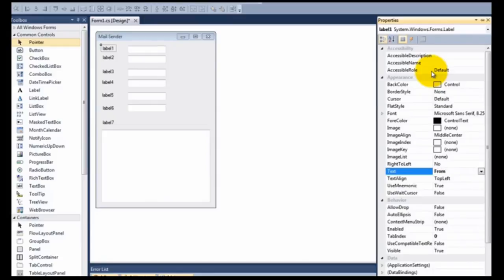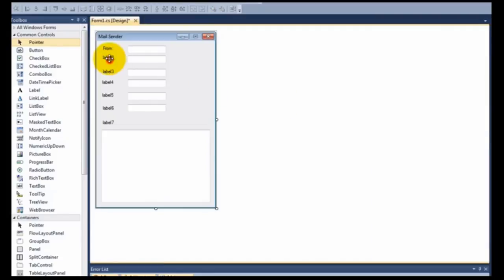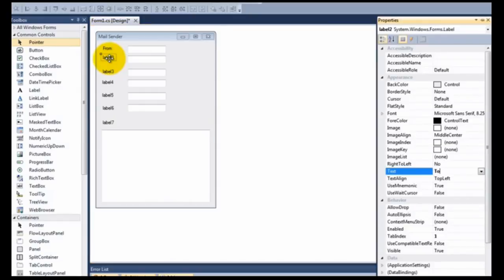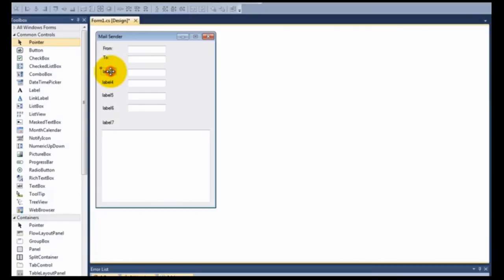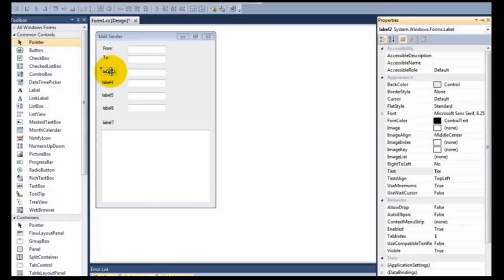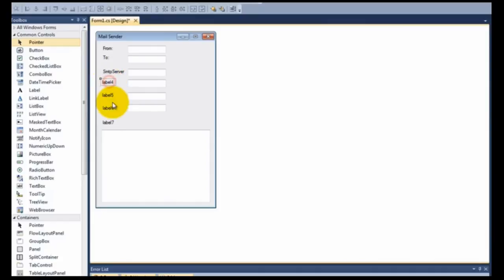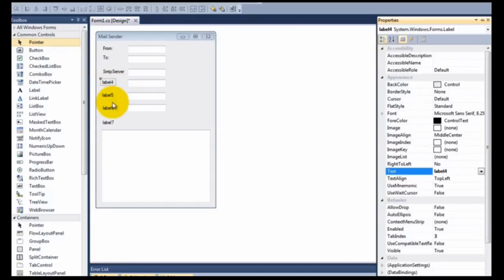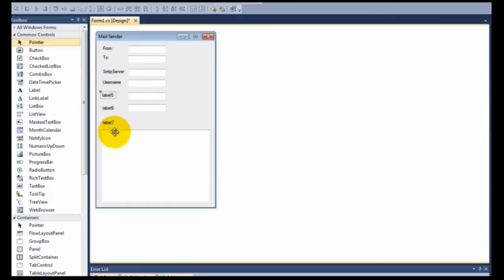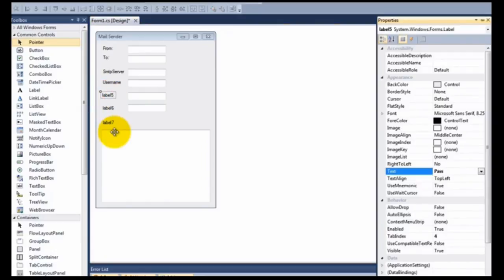Label 1, the text property, change it to from. Label 2, change the text property to to. Then the third is setup server.